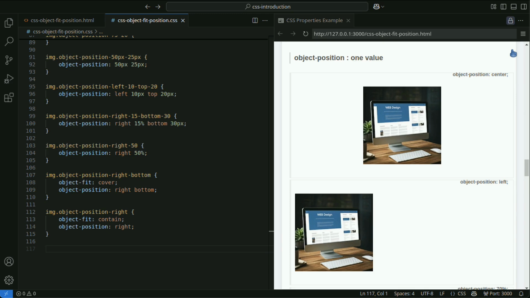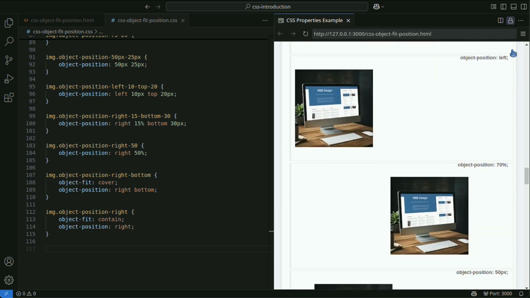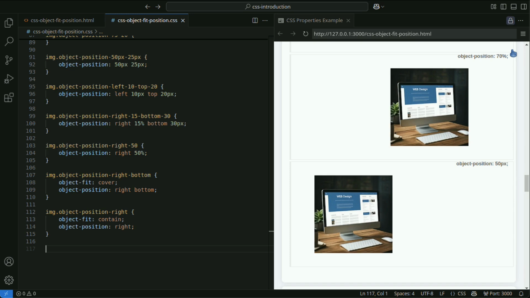When specified as object position left, the object is positioned to the left. When specified as object position 70%, the object is positioned 70% horizontally and centered vertically. When specified as object position 50px, the object is positioned 50px from the left and centered vertically.